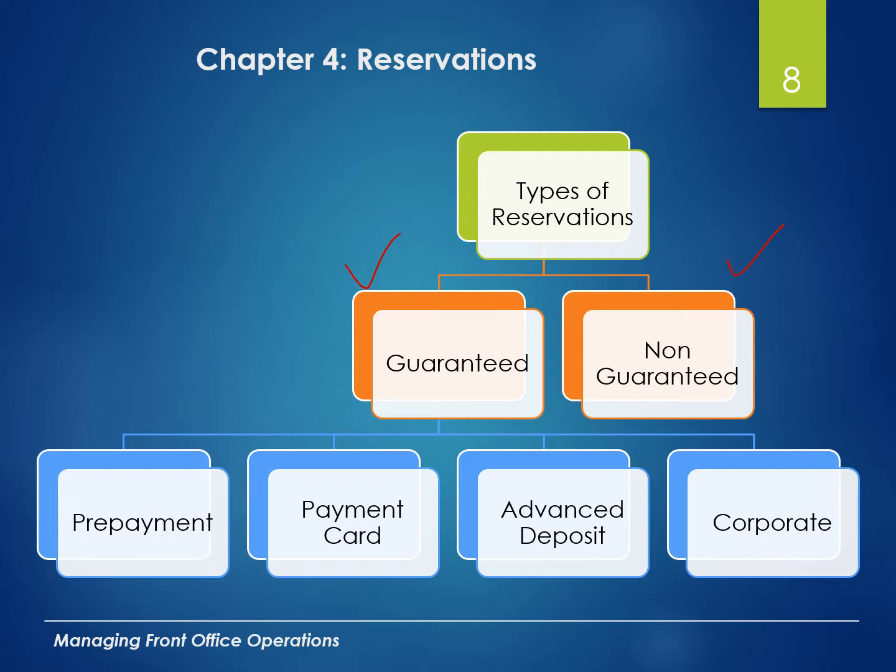If they do not use one of these four ways listed here under guaranteed, then essentially we're not going to guarantee that we have a room for you up until 4 o'clock. If you check in, then we can get you processed, and at that point we're going to accept that method of payment. But essentially a guaranteed reservation means that there's some kind of method of payment already established